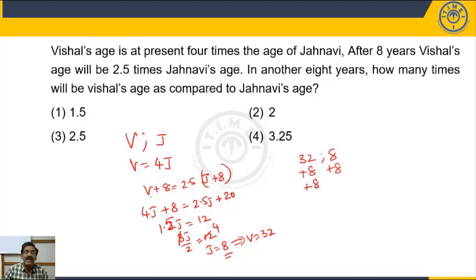And after another 8 years, Vishal's age will again increase by 8 and Jahnavi's age will increase by 8. So it becomes 48 for Vishal's age and Jahnavi's age will become 24. So clearly 48 is nothing but 2 times 24, or not? At that time, Vishal's age will become twice Jahnavi's age. So the answer for this question should be 2 times. Right? So let us look at one more question